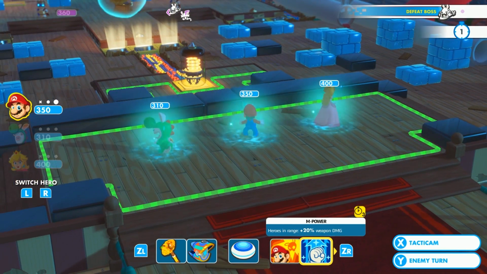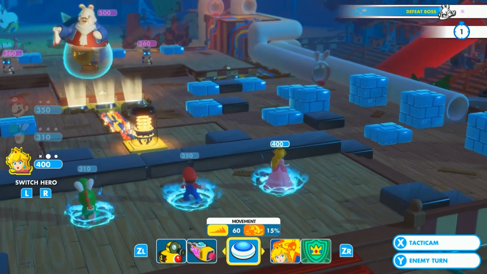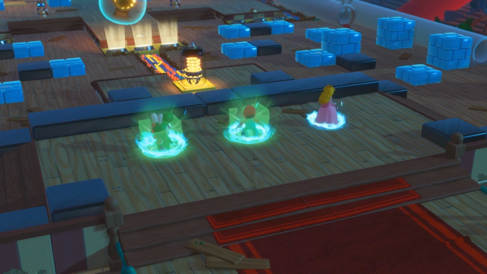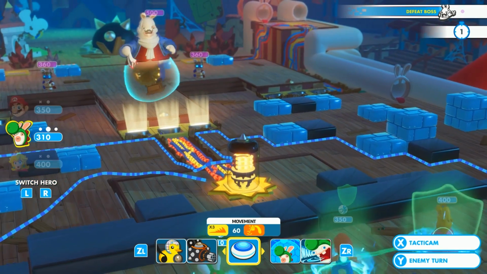Tom Phan boss battle fight for Mario and Rabbids Kingdom Battle, or Phantom. I thought that was kind of clever. This is one of the easier boss battle fights to get the perfect rating on your first attempt, on just